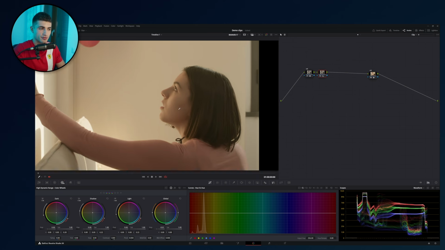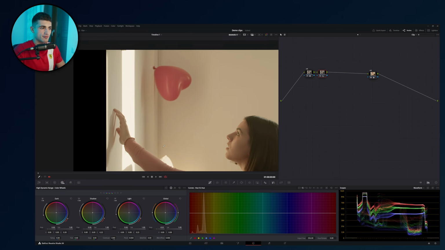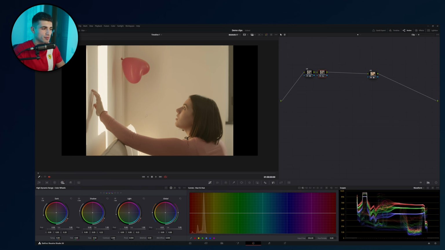So she's going to become very dark. But there might be a very nice contrast here. I actually want to make this high contrast. Let's go. All right, so I'm going to